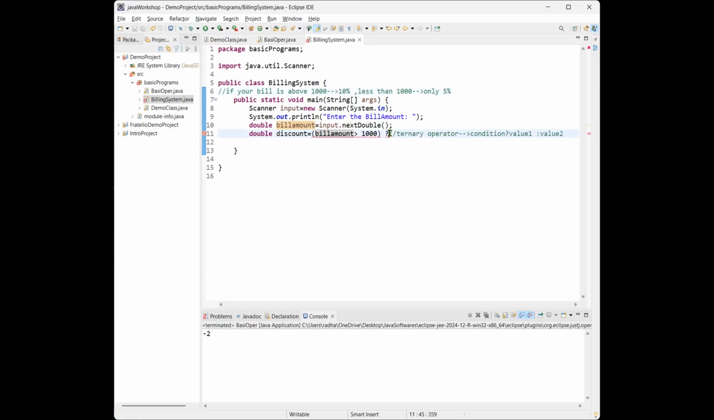So directly we will convert it to the discount cost. 10% is nothing but 0.10 into bill amount, which means when he shops for about 1000, we are giving the 10% discount, and we are calculating it on the bill amount. We are directly giving the discount amount here. If not, if the bill amount is less than 1000, here we need to give the